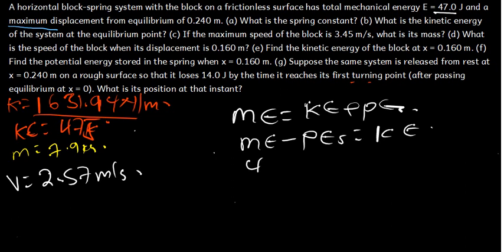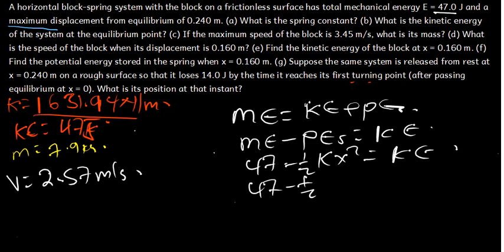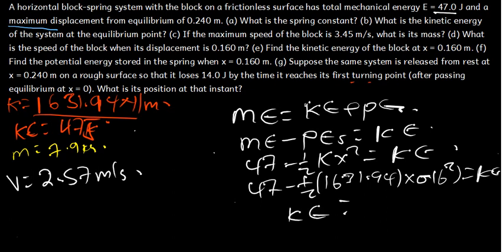So I know that this is 47 minus half kx squared, that is the elastic potential energy, has to be equal to kinetic energy. So 47 minus half, we have the k as 1631.94, and then times the displacement, which is 0.16, and now we square it. Okay, has to be equal to kinetic energy. So our kinetic energy is going to be equal to, okay,